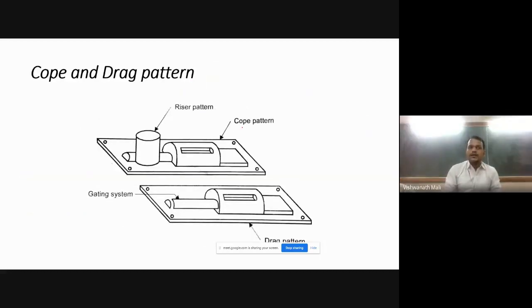Next is cope and drag pattern. So it is similar to the split pattern. What we do in split pattern, just now we have seen, this is the half part of pattern which is in a drag.